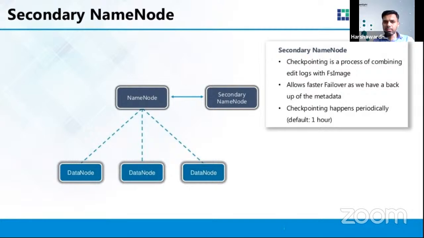Now, why is it storing in main memory? There can be a couple of questions. Why not on secondary storage? For that, you need to understand how primary memory, that is RAM, the secondary storage, and then cache work, and what the benefits of each are. If you want to understand Spark in detail, you need to understand these differences and concepts. I will not be talking about these things much, but you go through it and try to understand. But this is very important. The name node holds all this metadata in its main memory.